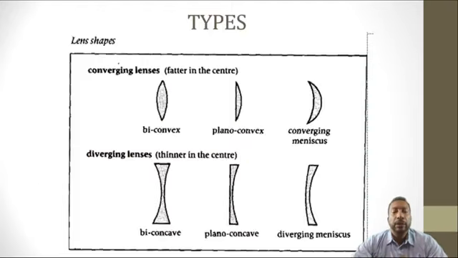So in our first lesson, we'll be looking at the types of lenses. There are two main types. There are what we call converging lenses and diverging lenses. The main thing to remember about converging lenses is that they are fatter in the center,